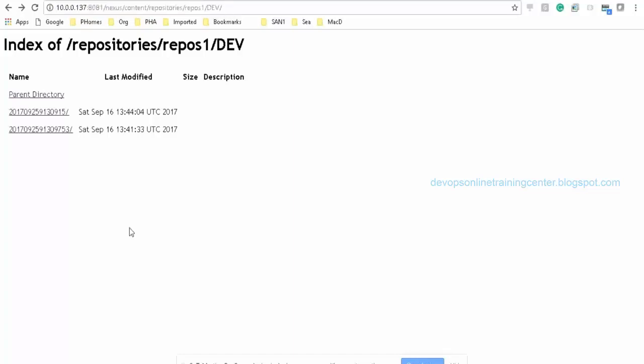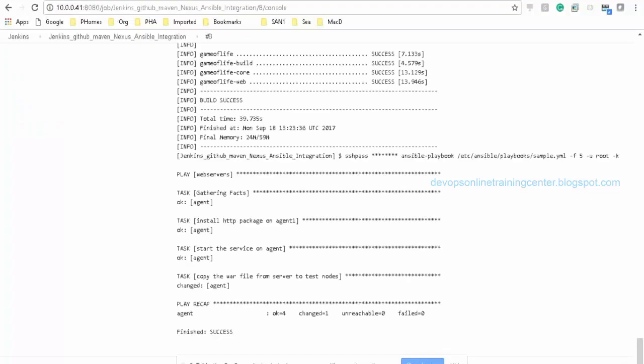Using a shell script, which uses something called curl and wget, it gets the contents, and from the contents we can filter out what is the latest, and from the latest we can build the binary. So that also we can do directly, then copy it to the test nodes and install it. So anything is fine, anything works.